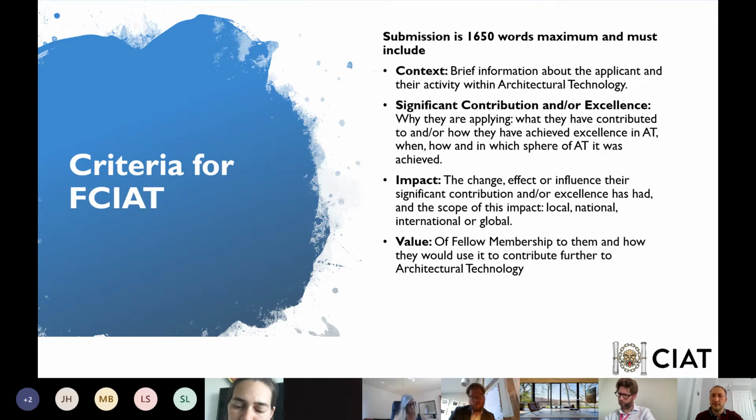Okay, so it's about raising the bar. It's about pushing the boundaries. It's about having that wider ripple effect of the impact of what you've instigated as an architectural technology professional, to have that effect and implement change and impact around significance or excellence of what you've done. So significance, excellence and impact really should take the vast majority of your words within your 1,650 words as